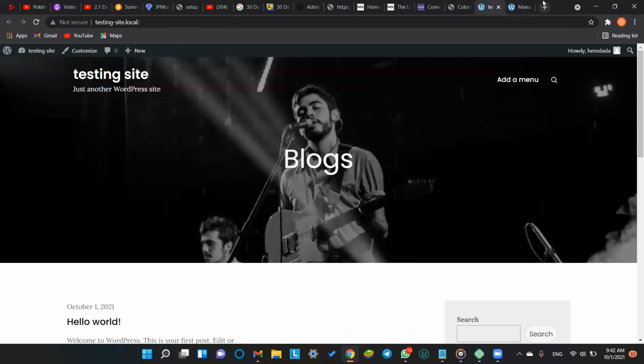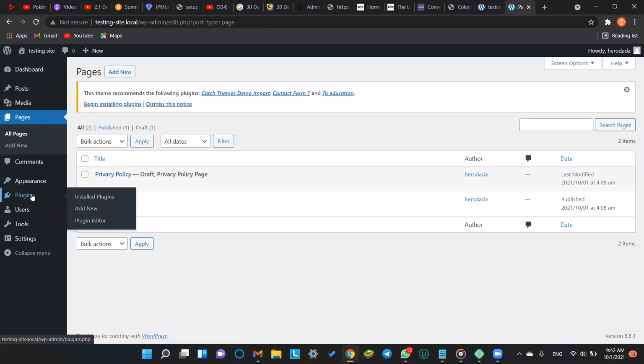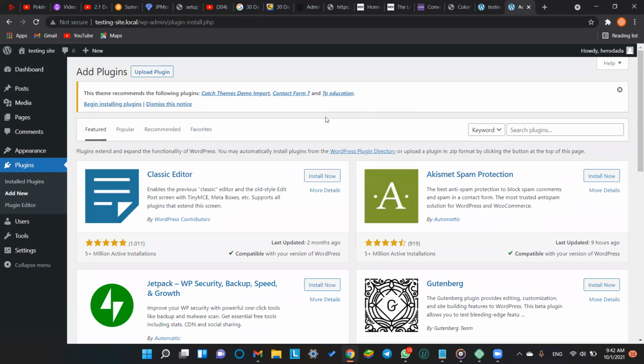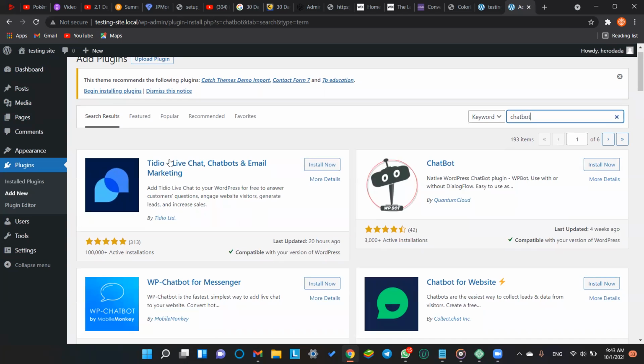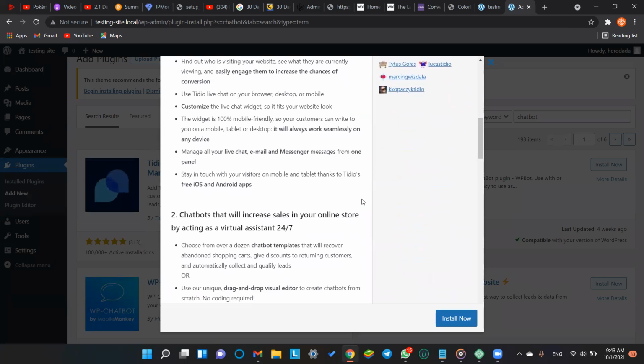It has been activated, and adding any text, any content, any pages, any comments, any plugins to this page can be done from the backend. So what are plugins? Plugins are actually the features part of the website from the backend. Like we have apps in our phone, we have plugins for the website in WordPress. So if you have to add a chatbot, you can add a new plugin named something like chatbot. You have to search here for chatbot. Here it is. If I install this plugin right now, a chatbot and email marketing tool will be installed on our site. That's pretty good.